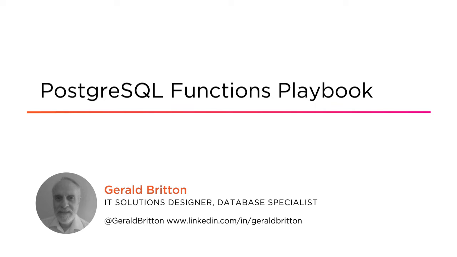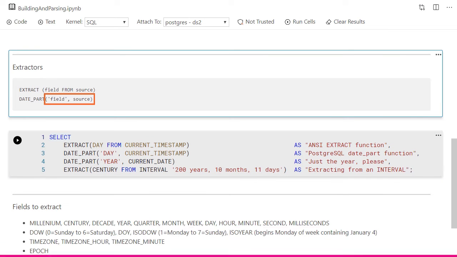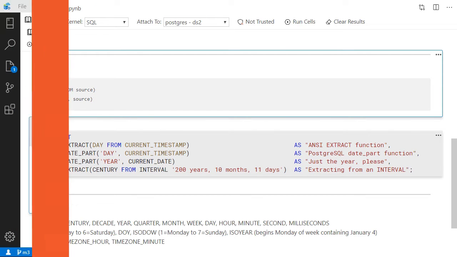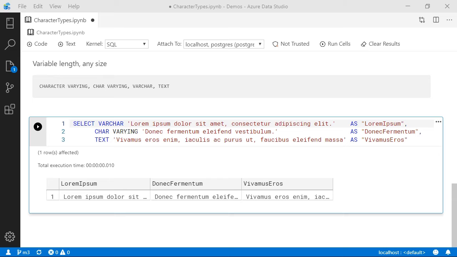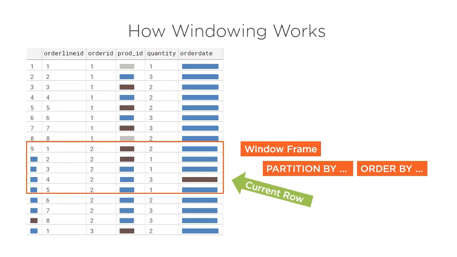I'm a Pluralsight author and database specialist, working on database design and development, among lots of other things. In this course, we're going to explore many of the built-in functions available with current PostgreSQL releases. While there won't be time to cover every function, there are hundreds of them. We'll cover important ones that you can use right away and point you to resources for some of the less